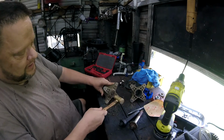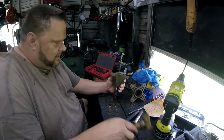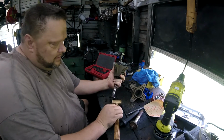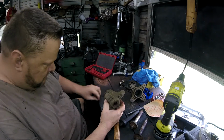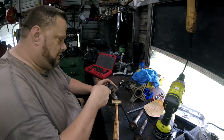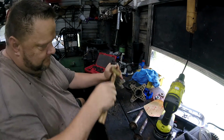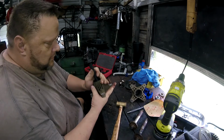Alright, what we're doing today is replacing the bearings and the blade towers on the lawnmower. And so right now what we're going to do is I'm actually going to use the tool to,